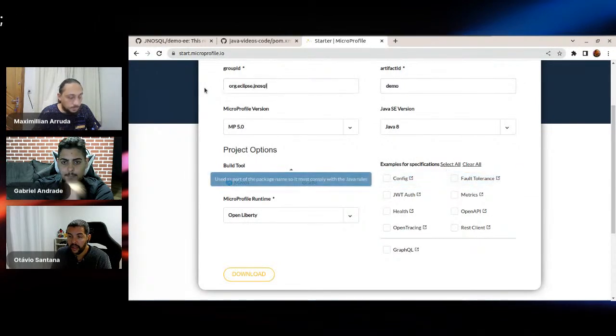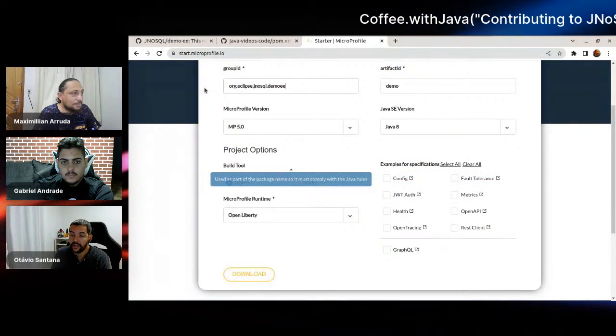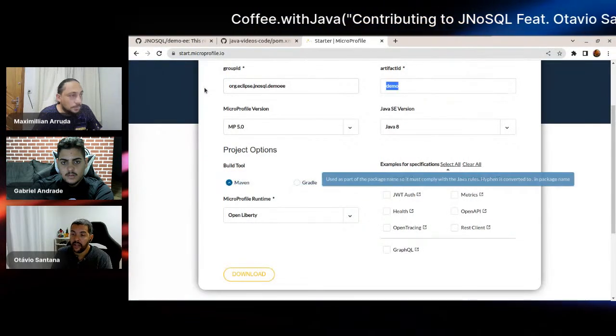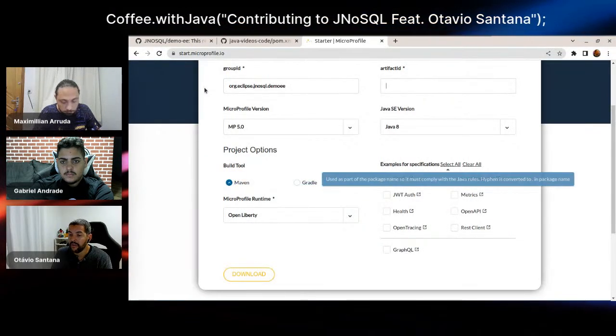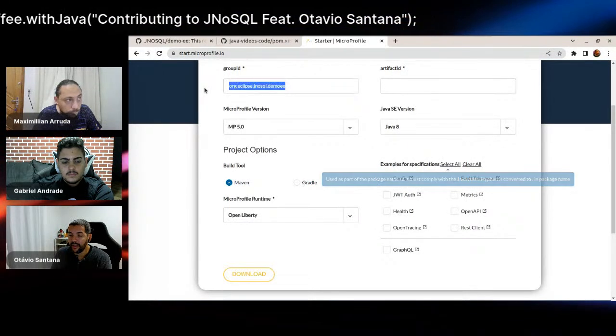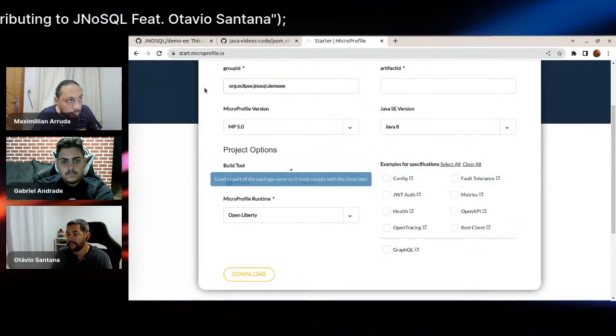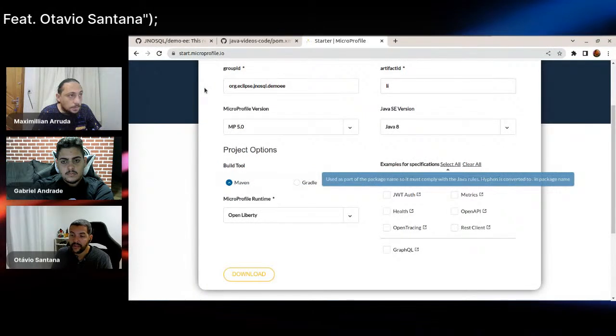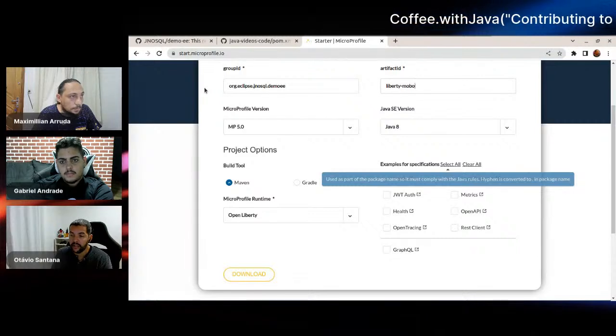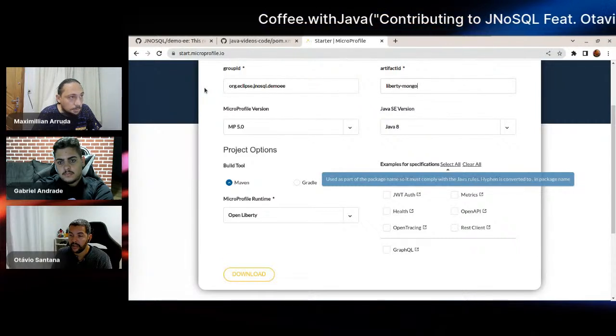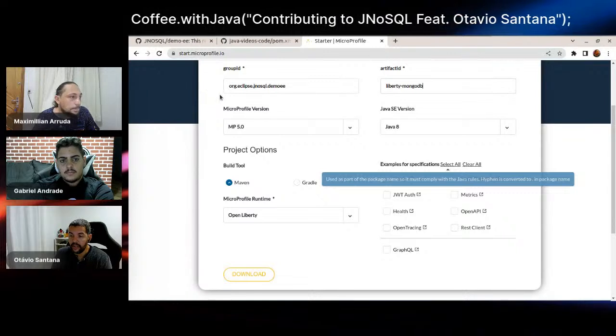For the artifact, maybe liberty-mongodb.